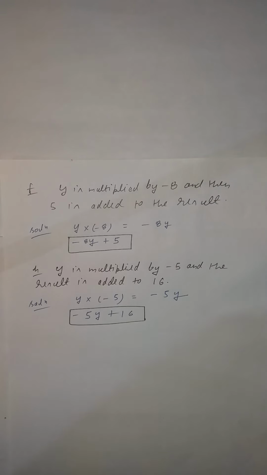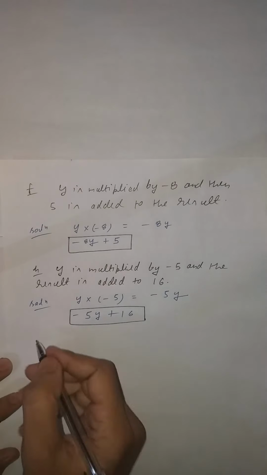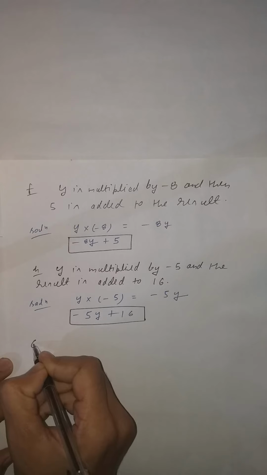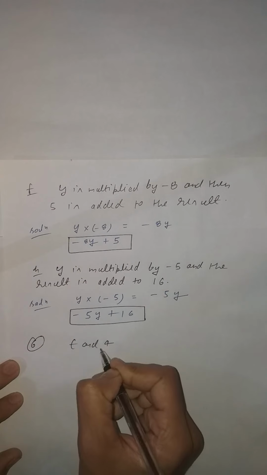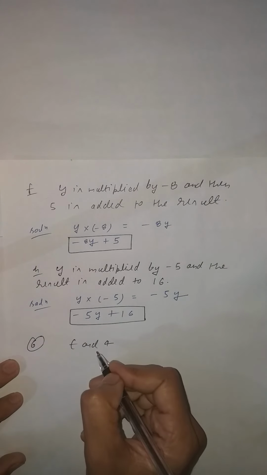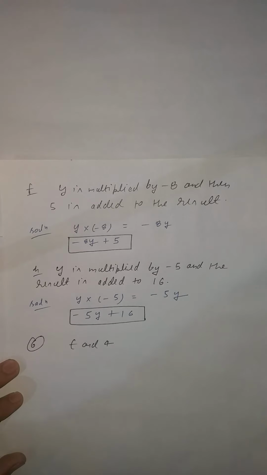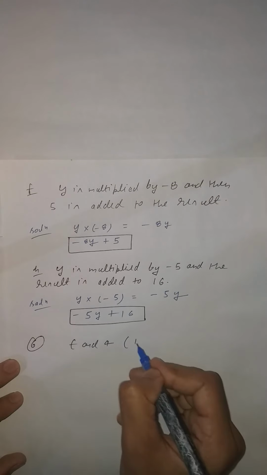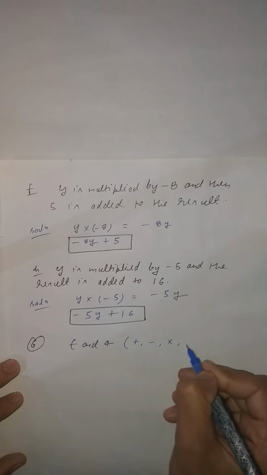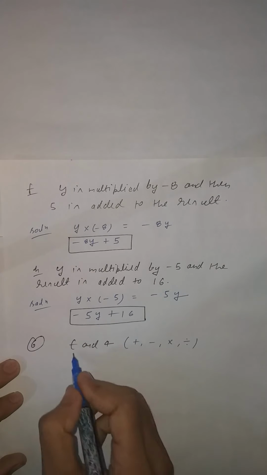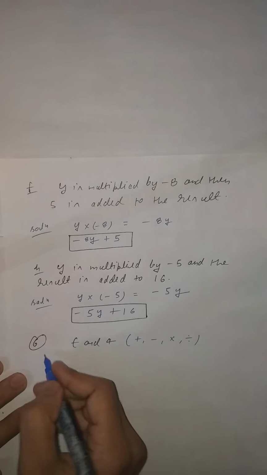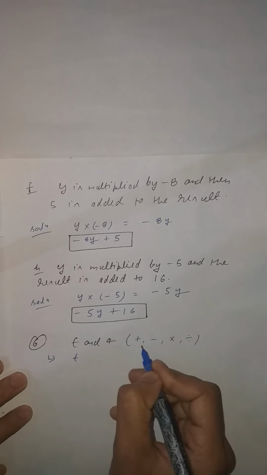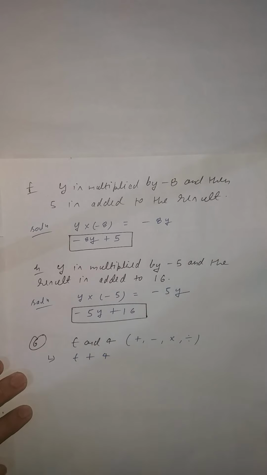What is given? It is given question number 6. You have to form the expression using t and 4. Clear? And you have to use one operation. Every expression must have t in it. Yani you can use plus, minus, multiplication, division only one time, and you have to use t and 4 to form the expression. Clear student? So this is very easy because I explained many times how to write down expression. So first you can take t and first take addition. So t plus 4. Clear student?